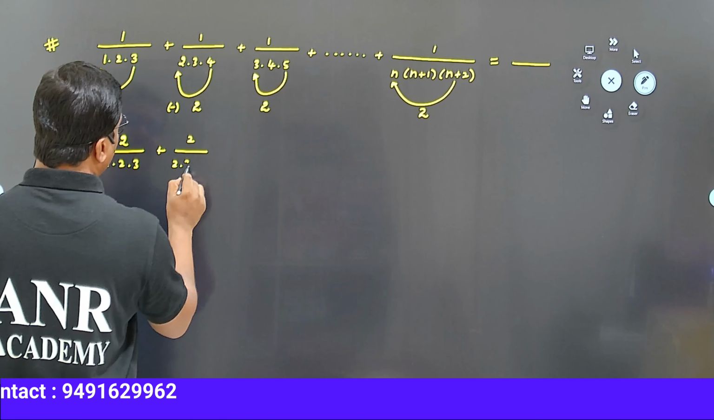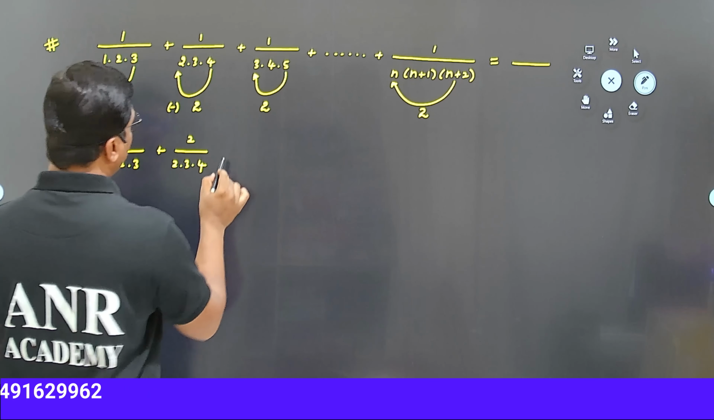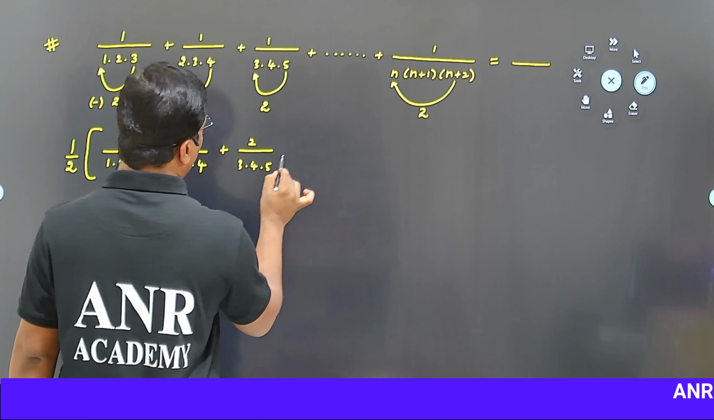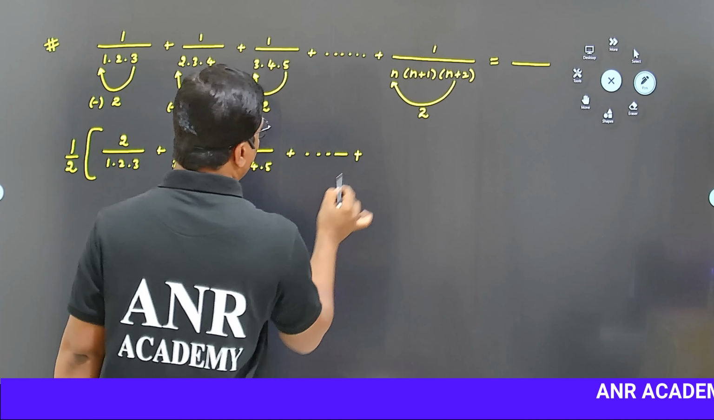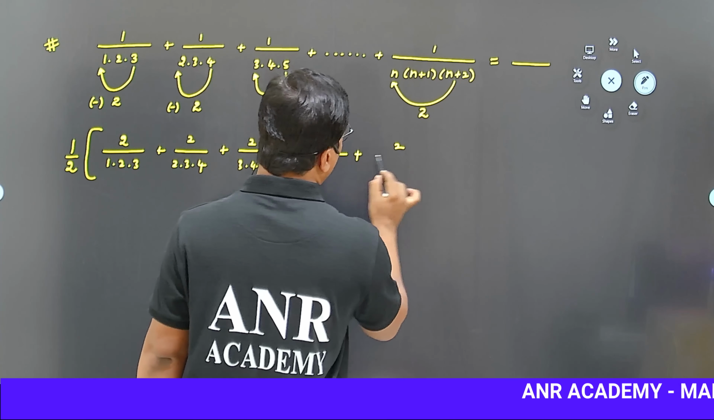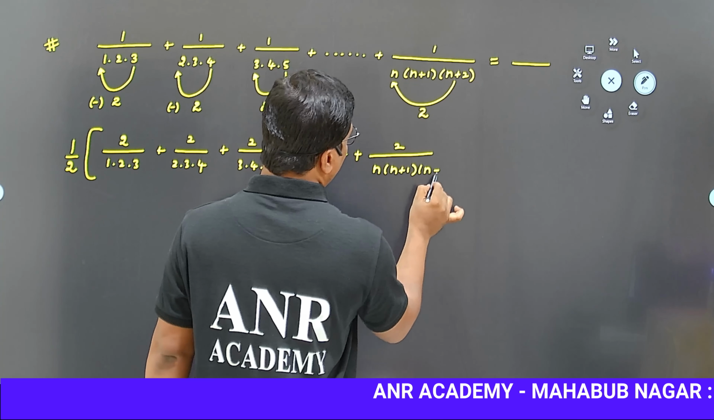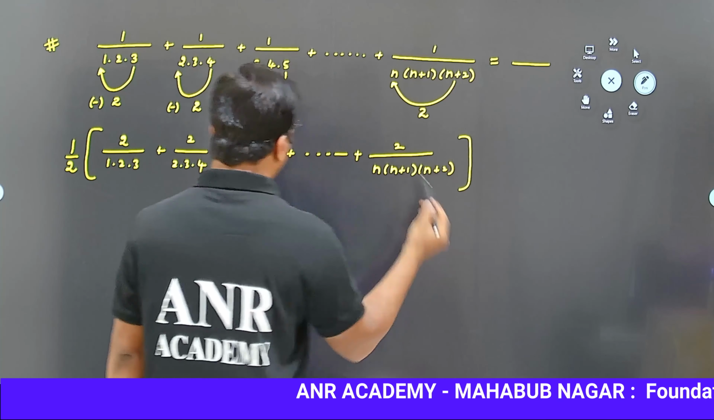To each and every term multiply and divide with 2. What happens? 2 by 3 into 4 into 5 and so on. The last term is 2 divided by n(n+1)(n+2). Now